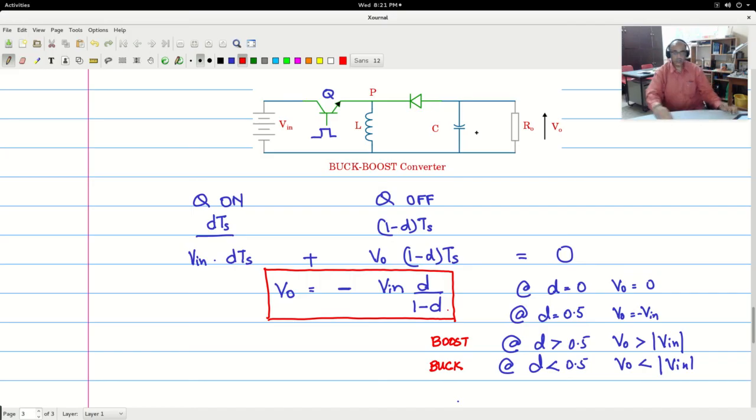Now we know the input output relationship, we know the circuit of the three primary converters. We are now ready to simulate this circuit and see how it operates and look at the waveforms. Next, what we have to do is open GSEM, put the circuit in it, and then use ngSpice to simulate and see the various waveforms. And that's what we will